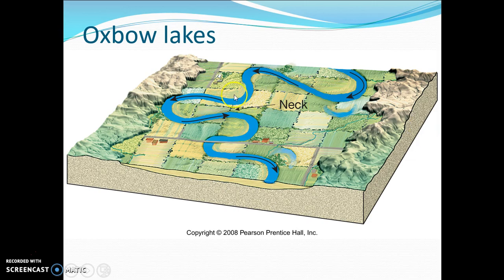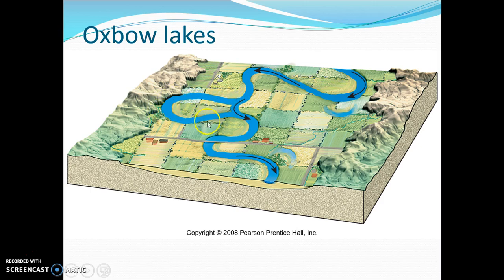Okay, so as they start moving towards one another, as they're both eroding, they're both outer banks, they're both eroding and they start moving towards one another and forming a neck. So this is getting narrower and narrower, and eventually the river just cuts through. Okay, at that point,